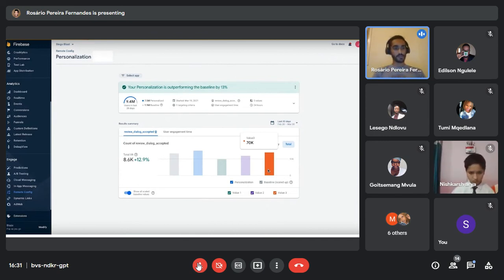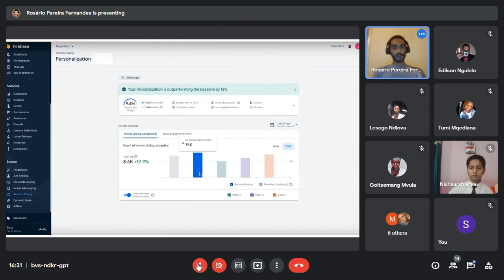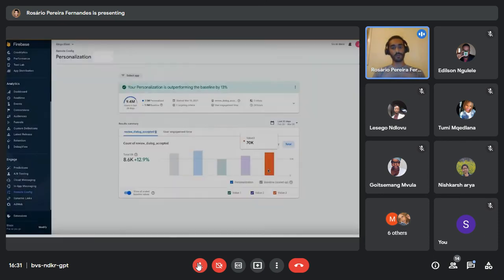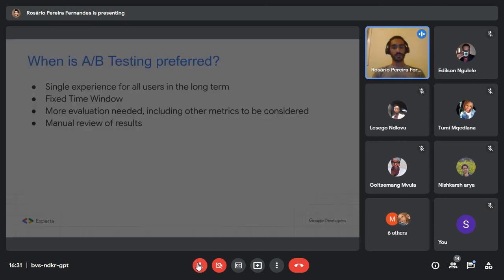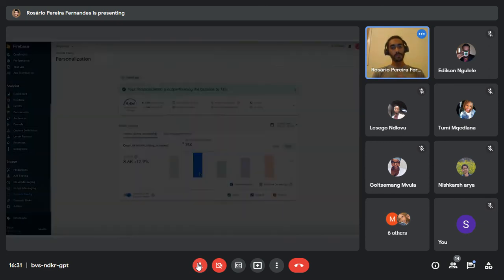So that's all about personalization. That's what it does. It just tries different values for each user. Whenever they see it's not working, they try and change it and make sure that each user gets the best value that works for them. Now, I actually have a screenshot of what I was saying. The blue bar actually has 75, which is way more than what the orange bar had, which used to be 70. So this means that having all of them personalized is working better than just one of them.